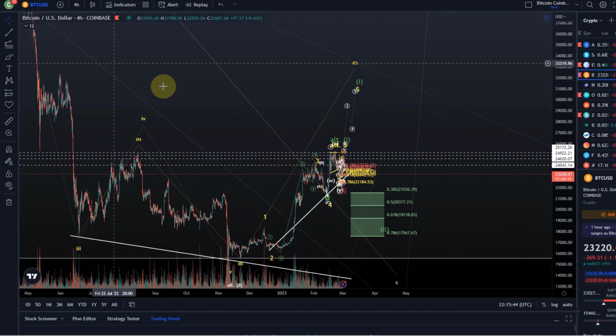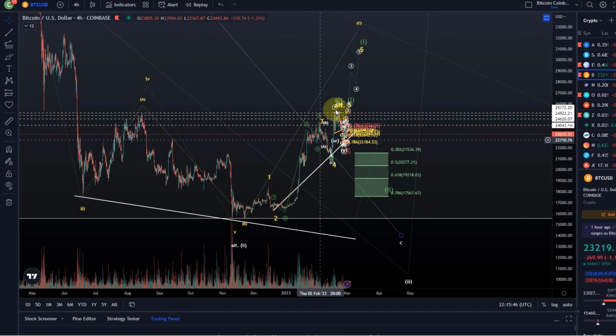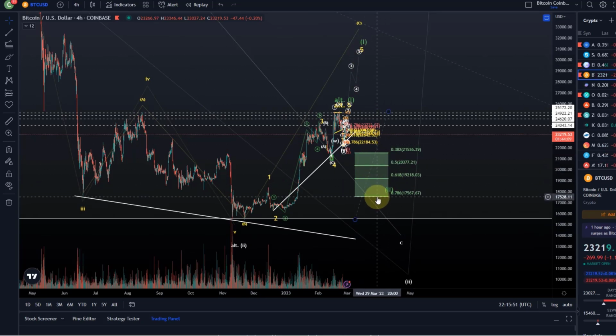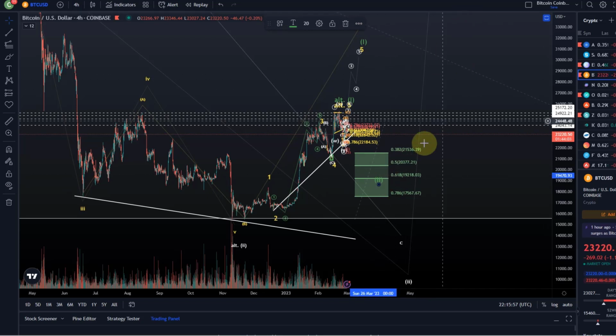But this is, of course, the bullish case, that we would move up in 5 waves here, come down in 3, hit this support area between 17,567 and 20,377. In a wave 2, we should bottom there and then rally. But if we drop below